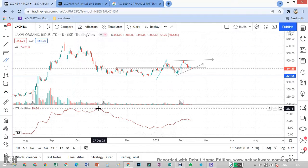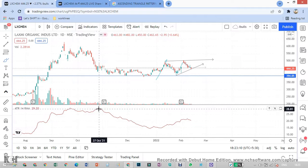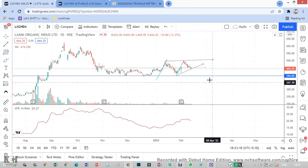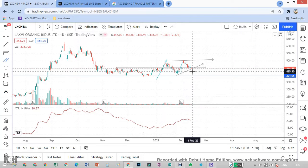So if you see back then, the stock volatility was in the range of 29, 30. Here is the number I'm looking for. So it's in the range of 30. So per day, 30 rupees were slid, 425 to 463. So 30 rupees on an average per day, it's moving. So ATR is 20. So 20 rupees could be the downfall. Somewhere in the range of 420s should be your